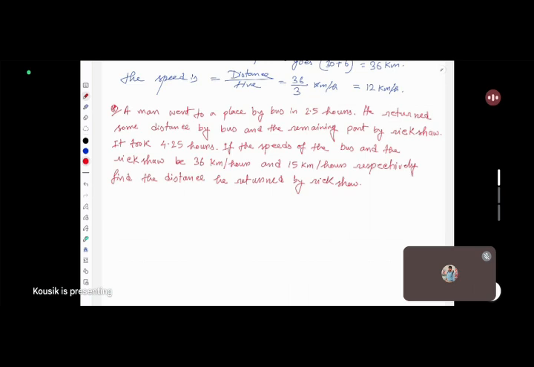আচ্ছা, এই অঙ্কটা আমি একটু বলে দিচ্ছি। This is a very important question, a good question. A man went to a place by bus, বাসে করে গিয়েছে, but returned by bus some distance and then by rickshaw. Speed of rickshaw is 15 kilometer per hour, আর বাসের স্পিড হচ্ছে 36 কিলোমিটার পার আওয়ার।